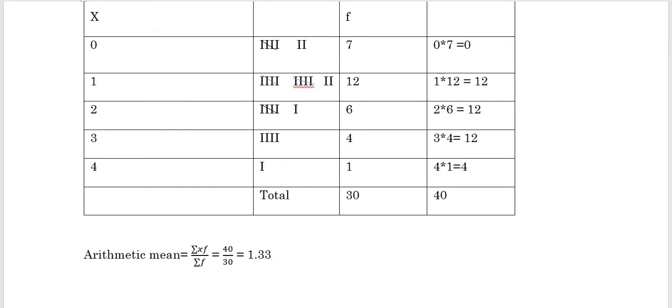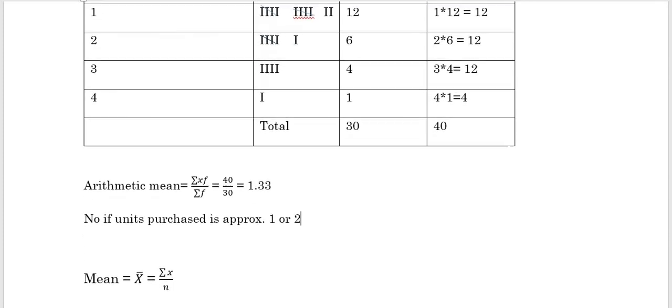That is 1.33, right? 1.33. And since it is about the number of shirts, the number of units purchased, it again cannot be a fraction. So maybe we can write it as approximately 1 or 2. We can say 1 or 2 because it cannot be less than 1. It is definitely more than 1, so it cannot be 1.5 or any other number. Hence, we can raise it to 2. So that's all about the computation of the arithmetic mean.